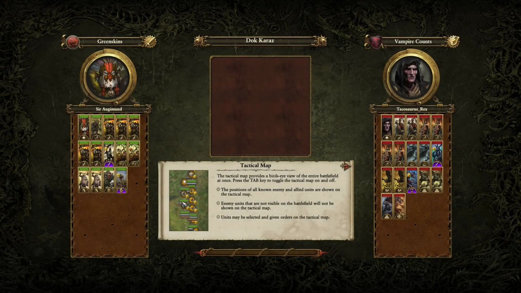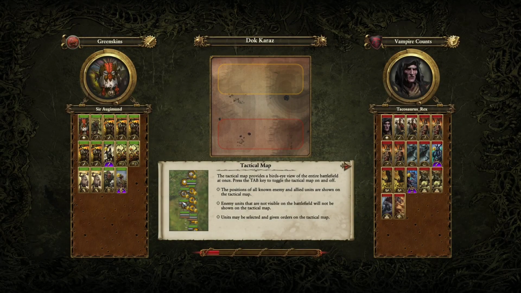Hello everyone and welcome to another Warhammer 2 multiplayer battle, this time featuring myself, bringing Wurzag the Great Green Prophet with a mighty Waaagh against Tacosaurus Rex and his vampire counts. Now this was actually just done in a custom lobby. I wanted to create a Greenskins build and see how it would work against specifically the vampire counts, and so